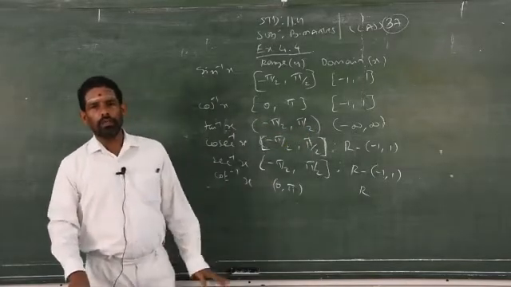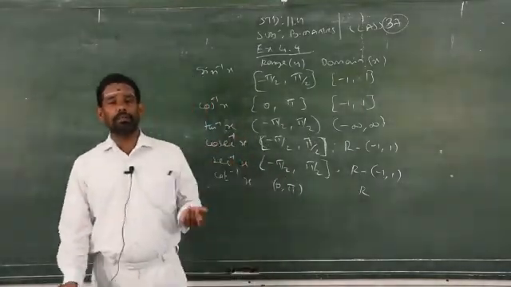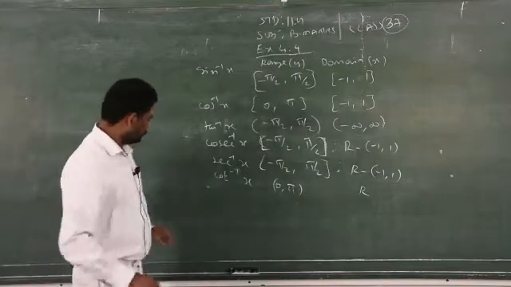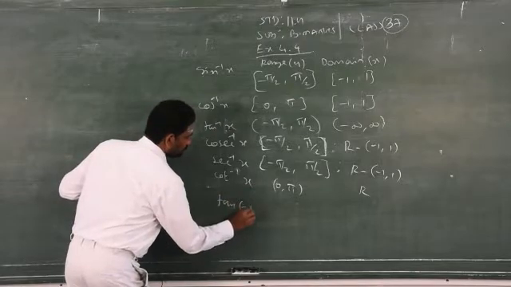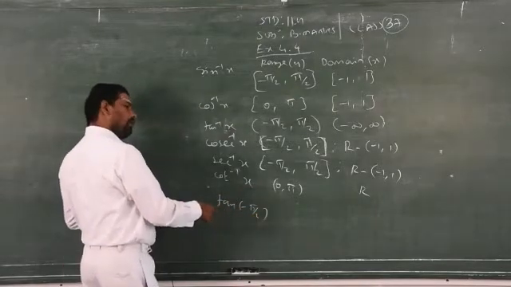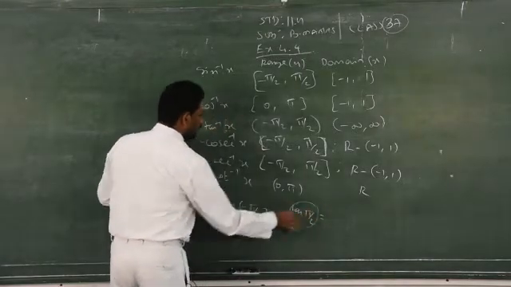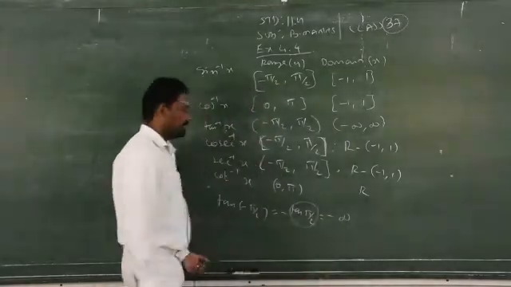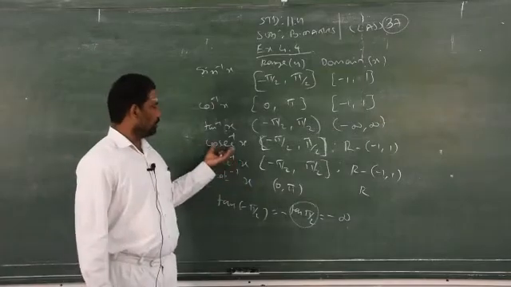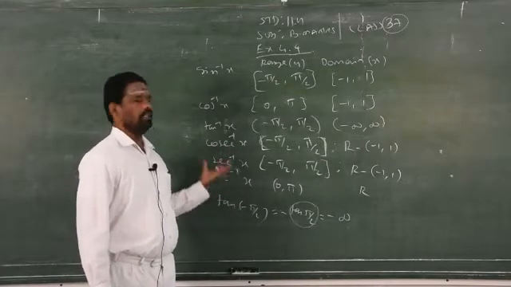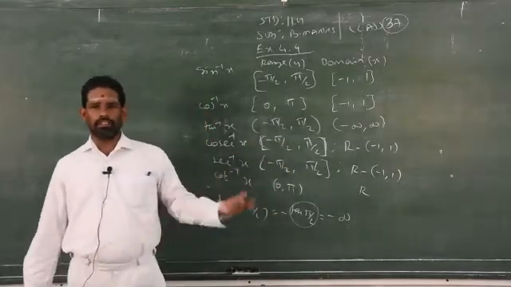If you take tan pi by 2, what is the value? Infinity. If you take tan minus pi by 2, tan is an odd function, so you take the minus outside, and tan 90 is indefinite, so it is minus infinity. Just for explanation purposes I did this. Likewise, if you replace with plus pi by 2, you will get plus infinity. And the same way for cosecant inverse, secant inverse and cot inverse. Clear?